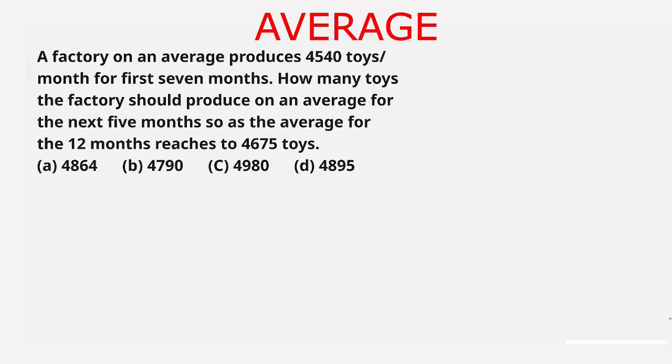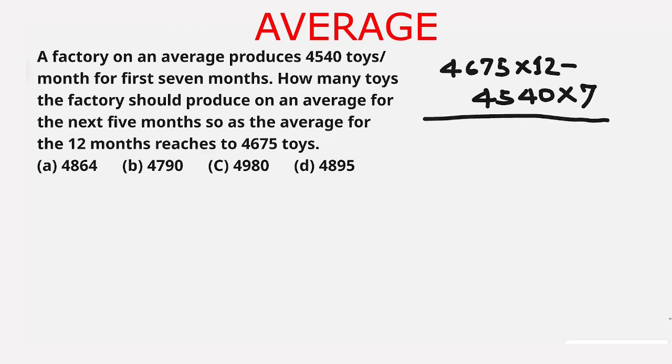So the total toys in a year will be 4,675 multiplied by 12, minus the toys produced in the 7 months, which will be 4,540 multiplied by 7, and this is the required toys to be produced in the last 5 months. So we divide it by 5 to get the average for the 5 months. This is equal to, we take common 5 from the numerator. So 5 divides